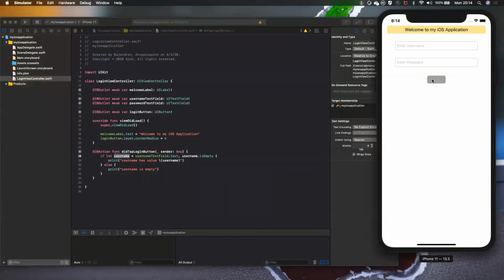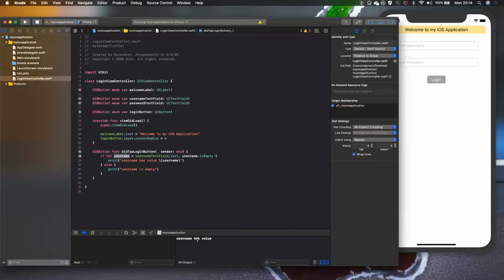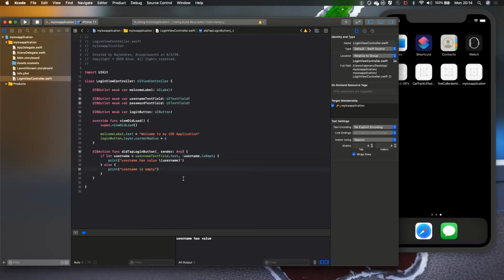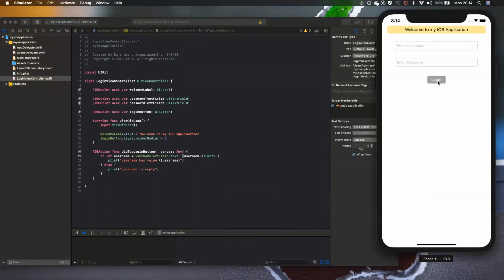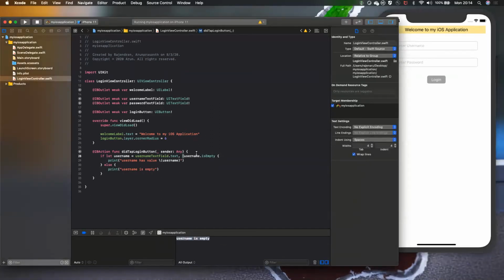Now I click on login. So it will go like, okay, username is empty. It should not be empty. When it's not empty, it will come here. When it is empty, it will go to here. I'll run the application again. I just added an exclamation. So in this case, if it is false, it will go here. So now I click on login. Yep, you can see like user is empty. Only when the username is not empty, it will go here. We'll allow the user to go to the next screen.